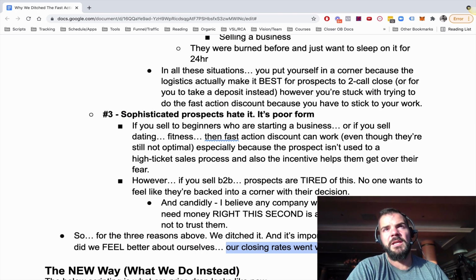When I left that company and went to a different company, I immediately, same sales process, almost a very similar product, started closing like 40%. And it wasn't solely because I got rid of this, but that was definitely a good aspect of it. Because I had so much more flexibility at the close, to force, delay, do whatever I wanted to do.